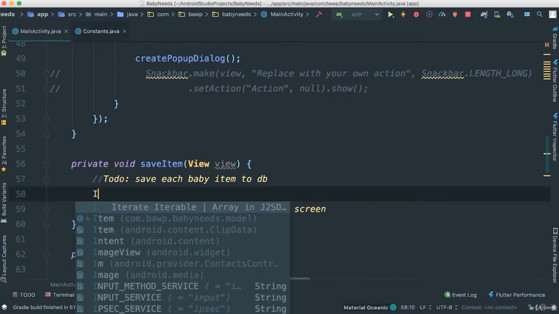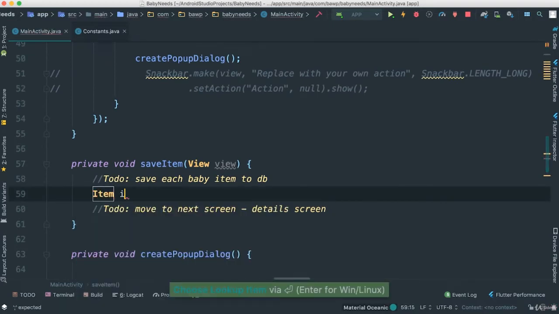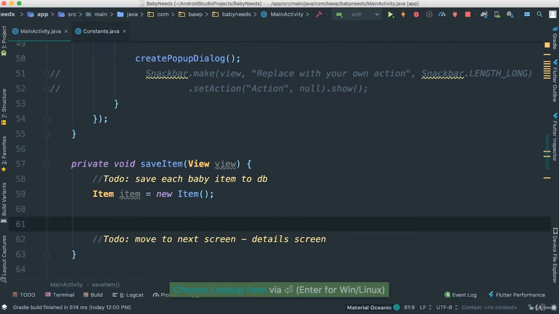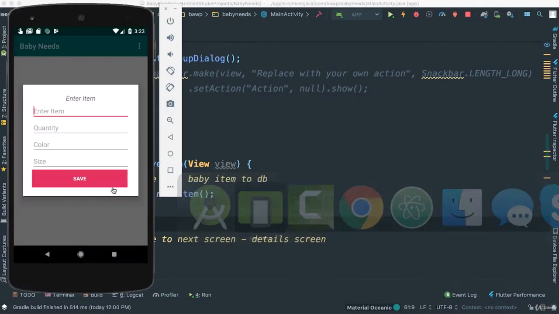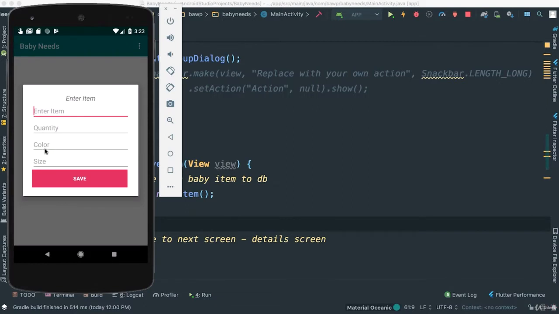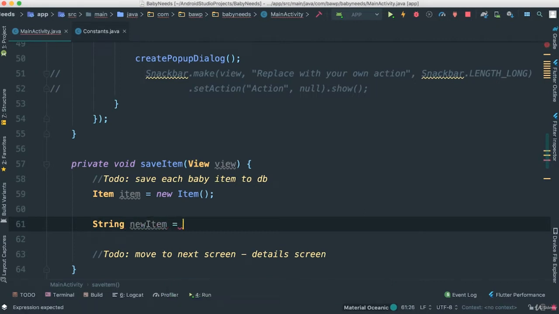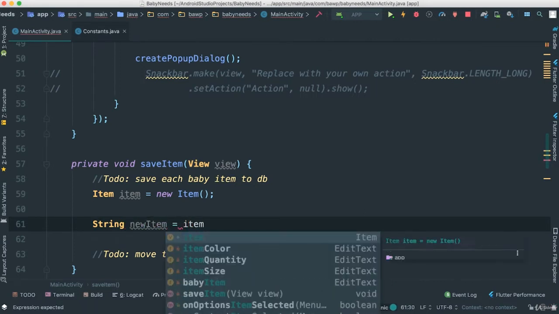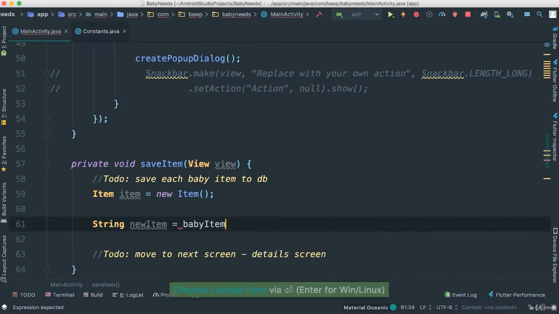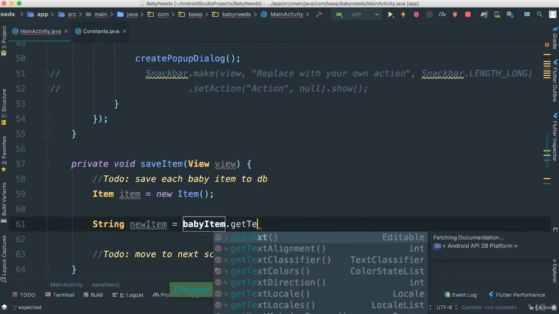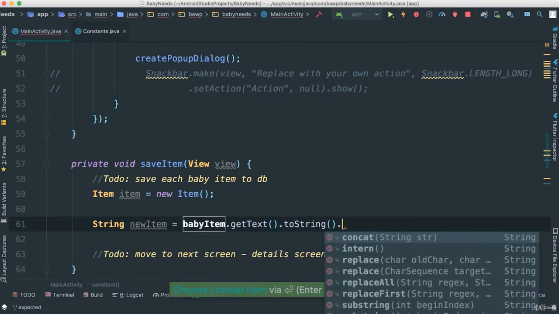First, I'm going to say Item item, create the object item. It's equal to new Item. Very good. We have our object there. And then I'm going to go ahead and get all of the information from our views, meaning all of these: item, quantity, color, and size. So I'm going to put things inside of a string here. I'm going to say String newItem is equal to babyItem, in this case. We call getText().toString(), and I'm going to call the trim()